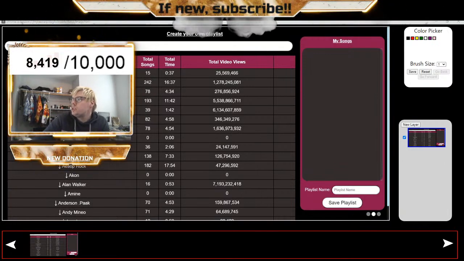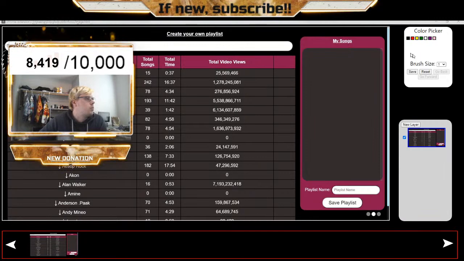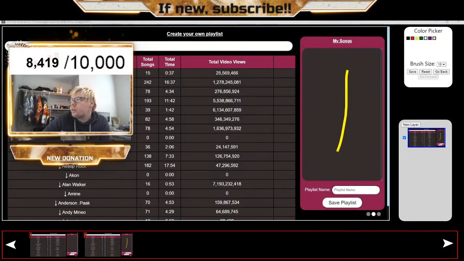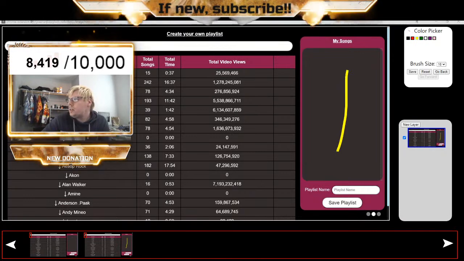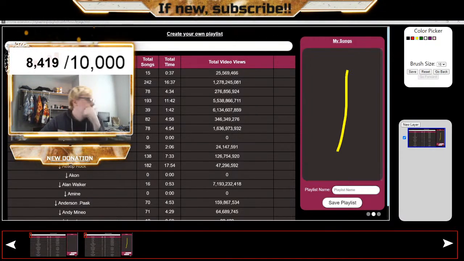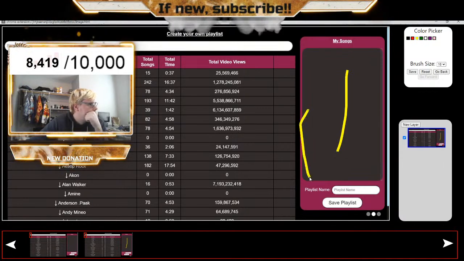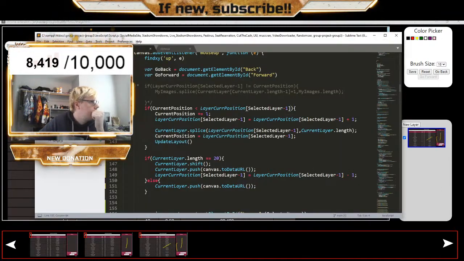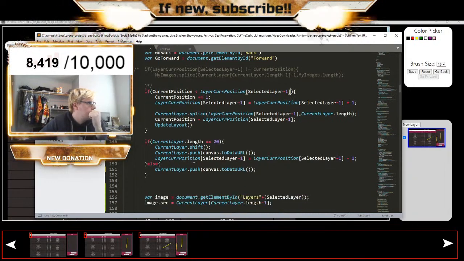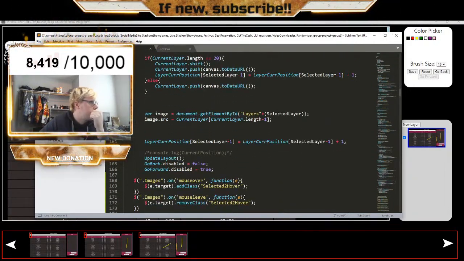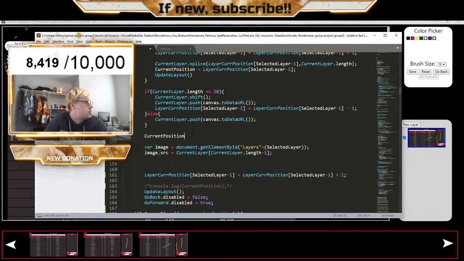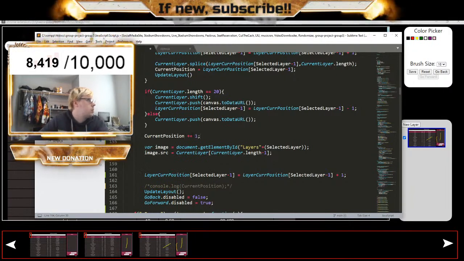Alright, so let me just double check. So, less than it. Okay, so that means our current position is 0. Our current position should add 1. So we do current position plus equals 1 here,